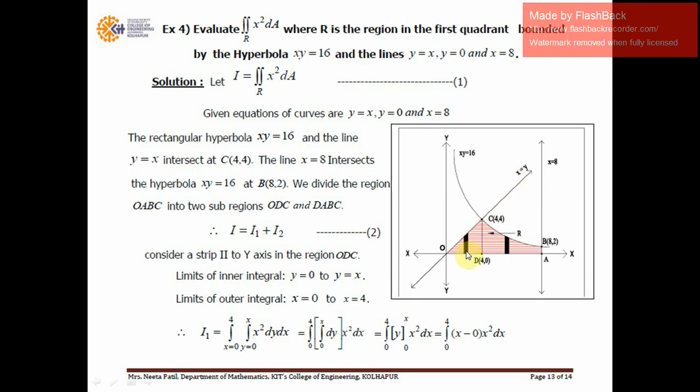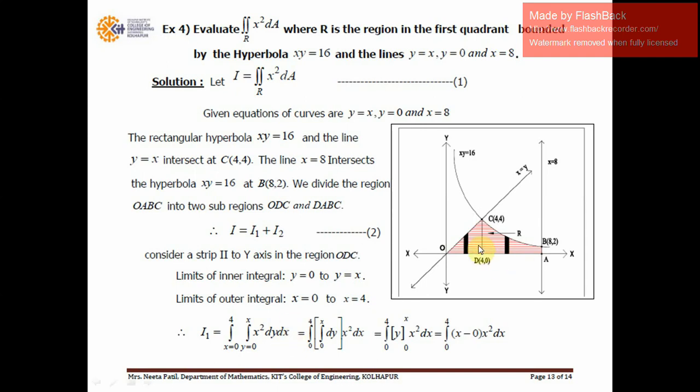Now if you move this strip and come to this point, the lower end of the strip is again on x-axis, but the upper end of the strip is on the hyperbola whose equation is xy is equal to 16. Means throughout the region if you consider only a single strip, then we cannot get the same limit